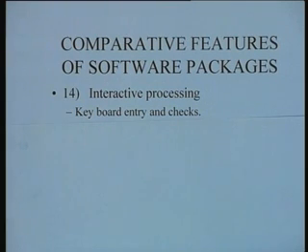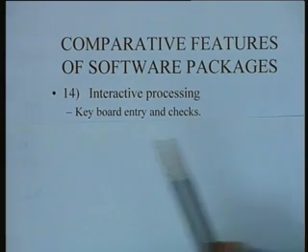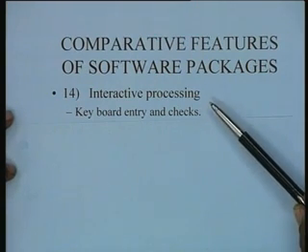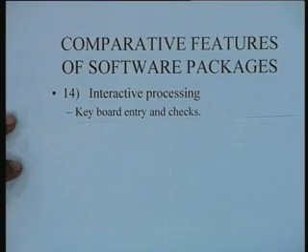I mean, we are all familiar with interactive processing. When you are using, for instance, MS Word, if you do something wrong, you get messages that something is wrong or you have done this and so on. And even the wrong spelling line which appears when you are typing something is basically something to tell you that there is something wrong, correct it. So that's an example of interactive processing. Different packages, depending upon their sophistication, could have different degrees and different types of these interactive processing checks.